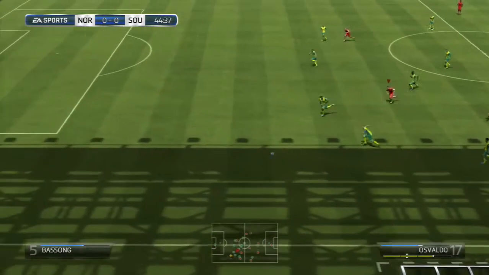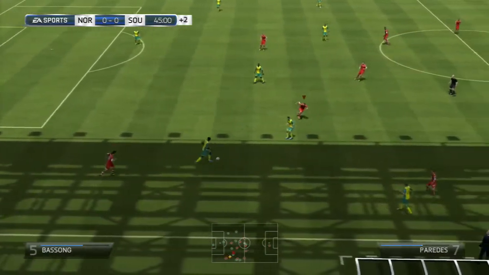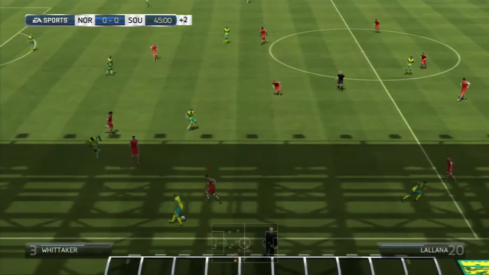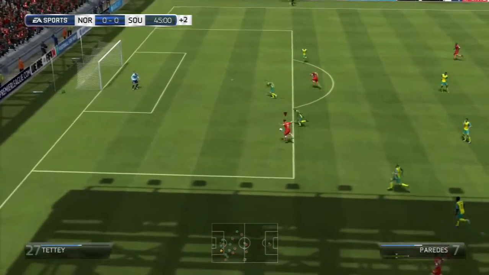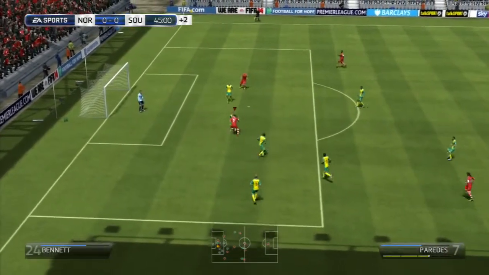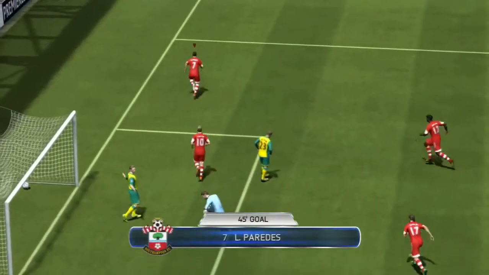He plays a lovely through ball, or it was a pretty poor through ball, but Osvaldo does very well to actually regain possession of the ball, put pressure on him. We do actually regain possession through Adam Lallana. The ball gets played through to Paredes. Paredes, can he get his first goal of the campaign? He gets very lucky with a rebound, and he does very, very well to actually slot that underneath Mark Bunn there,